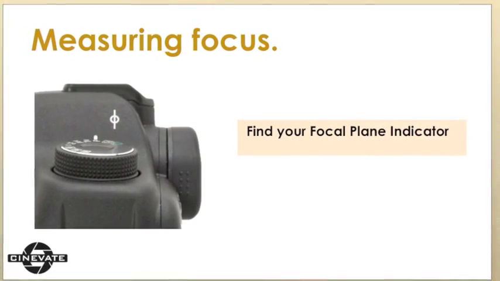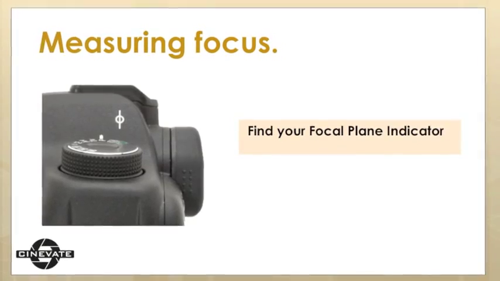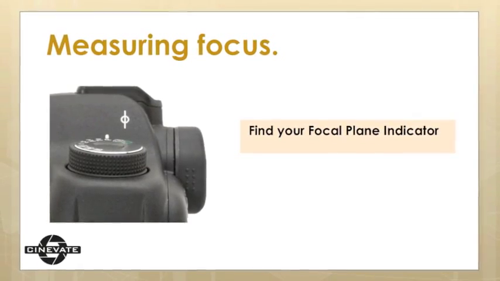Now, this is something very easy that you can do for yourself on your own shoots. You'll just need to pay attention to one thing, where your focal plane indicator is. If you're looking at the picture on the slide, the little circle with a line through it is, in fact, the focal plane indicator. It's a universal sign. So look around the camera for it, and you should be able to see it somewhere